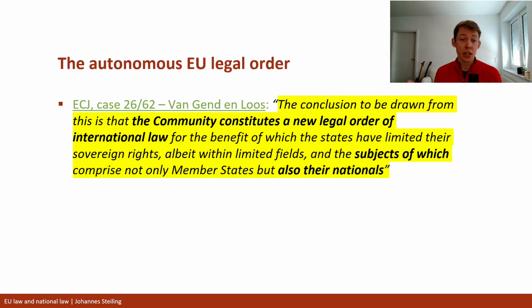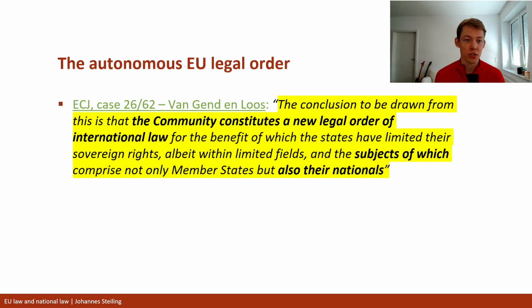So in order to have effect in the national legal orders, these acts of international law have to be transposed into national law by the national legislator. And this in general applies also to EU law, because EU law technically is nothing else than international law. But the ECJ established something here which is not in the treaties, it read this from the treaties, but which is very important.